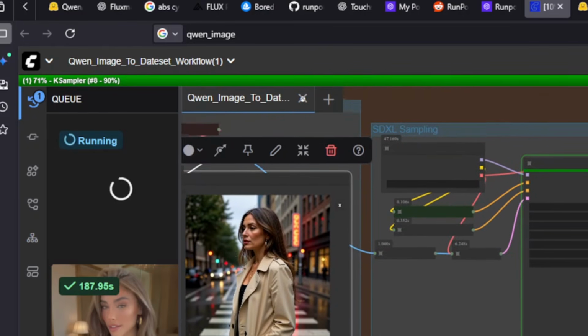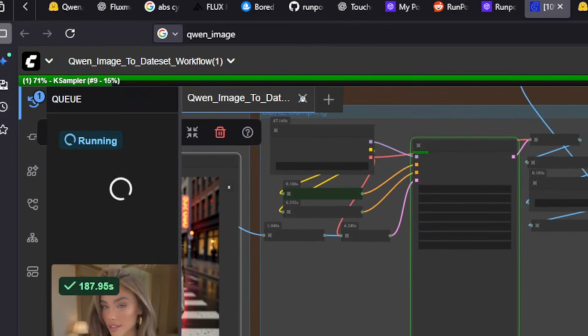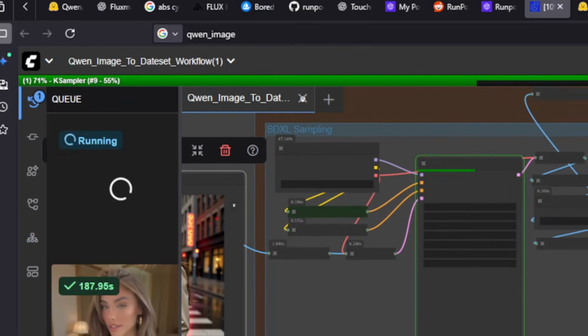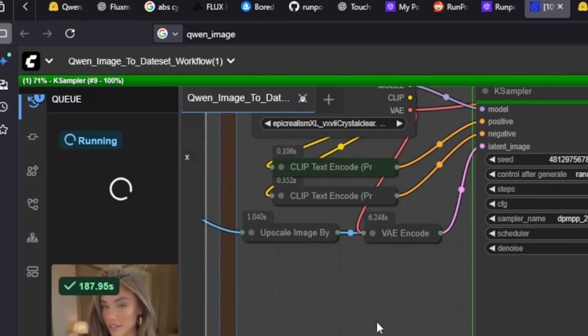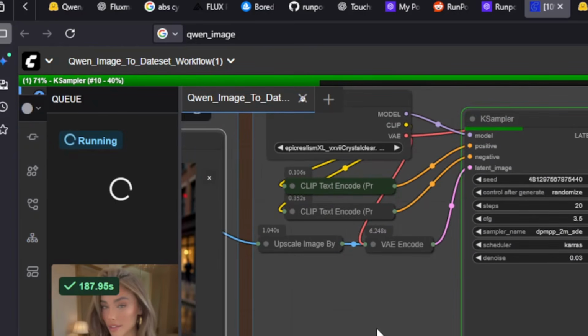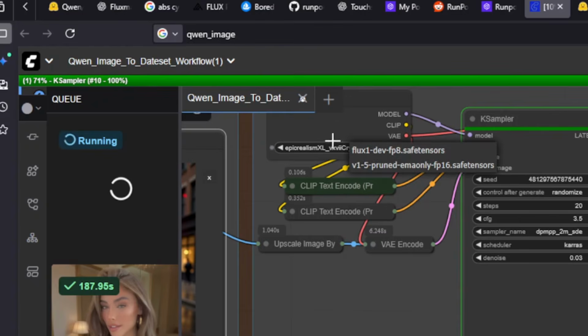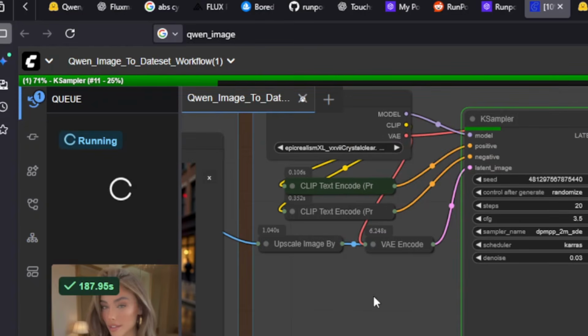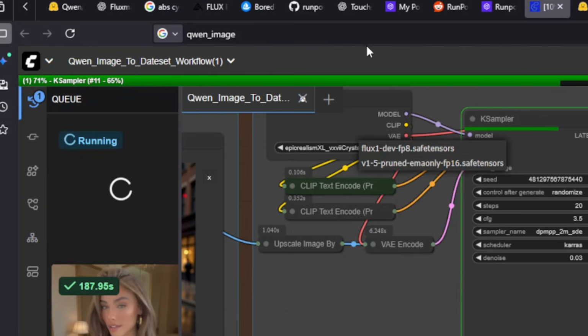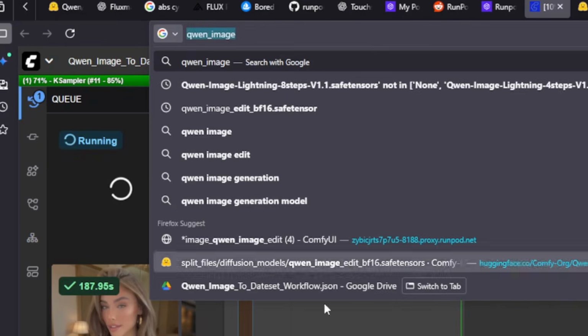Right now it's doing SDXL sampling, which is changing up the skin a bit, which, like I said, I'm not sure if I like it yet or not. I might do something a little different. There are some different skin enhancers that I made in the actual workflow that I published. We'll see what happens. I just want to do a little more testing on how well it does this. And actually, I think the problem is I'm not using the right model, so that could definitely be a problem. But that's something that can be easily fixed. I just need to download it, and I can show you how to do that real quick too.